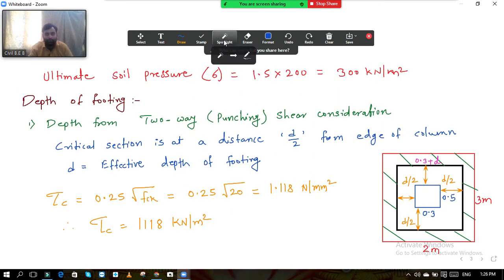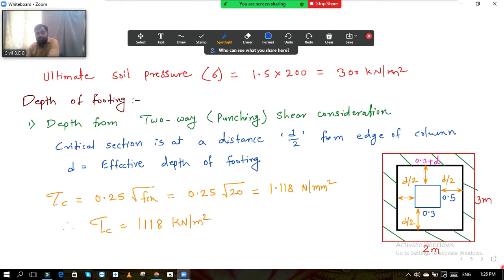Here you can see, I have already told you, this column will not penetrate alone through the footing. The column will take this whole area, this black area, with it. The column will take this whole area and then try to penetrate. So when this penetration is happening, which area will come into contact?